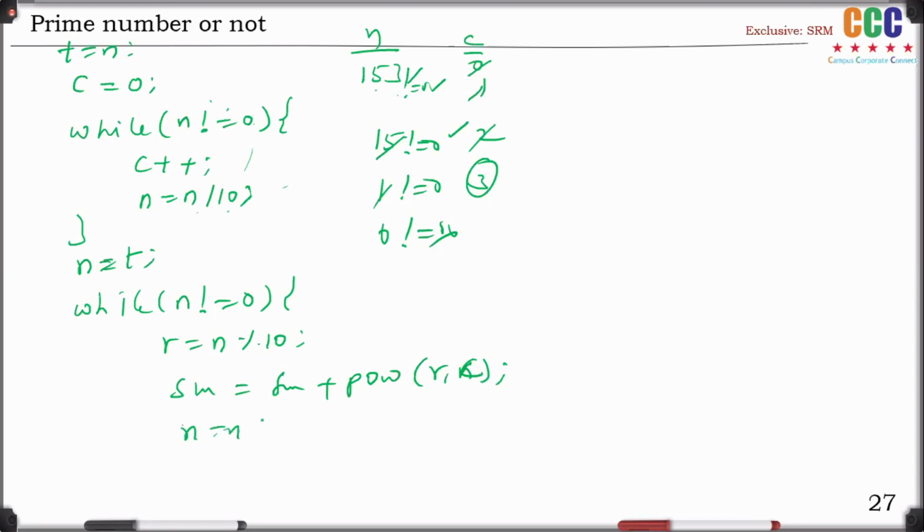And then n equal to n by 10. That's it. And so on. If your sum is equal to our t, then it's a purely mathematical Armstrong or a narcissistic number. Okay, that's the case here.